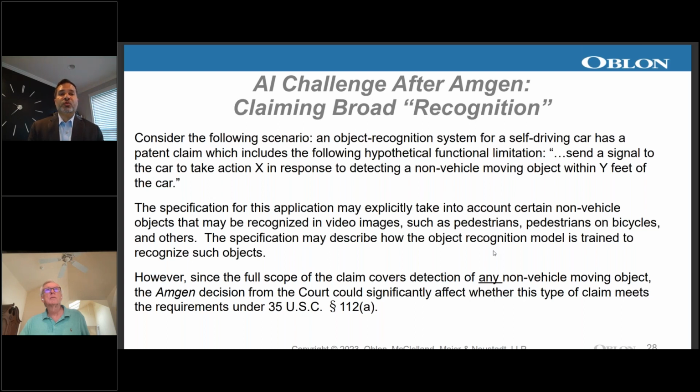An expert in that field would get how to train the AI. Another expert may argue, well, there could be failures based on what the images actually are able to detect. This becomes a battle in the court. This shows you a very typical situation in which an AI type of claim might get more scrutiny, if it's interpreted consistently with the Amgen decision. And this is the kind of thing that maybe people weren't thinking about 5 years ago, maybe 10 years ago. And we have to take a second look at our claims, especially in fields where you're doing some kind of broad recognition, which usually is the ultimate goal of many patentees in this area. Next slide, please.